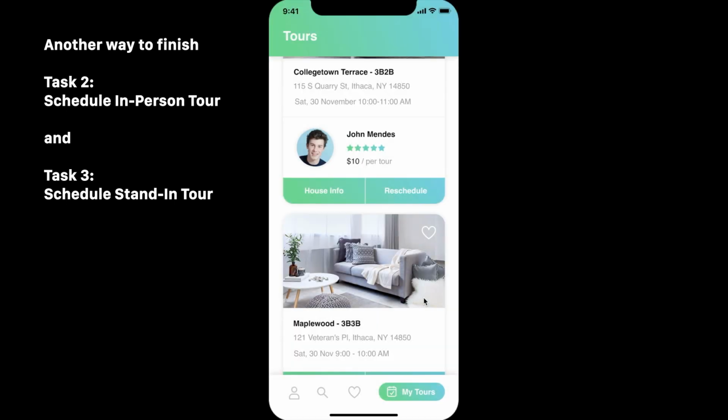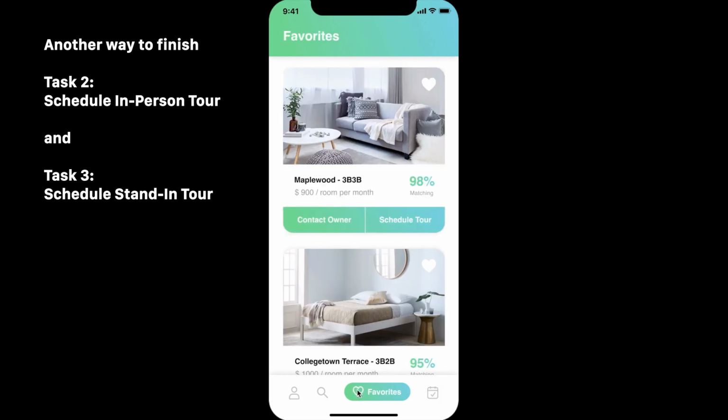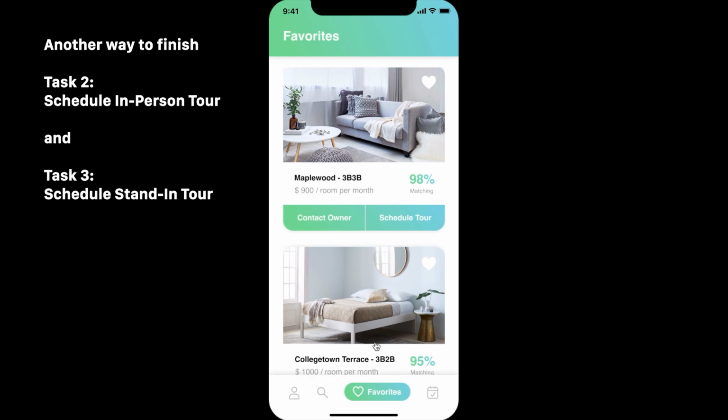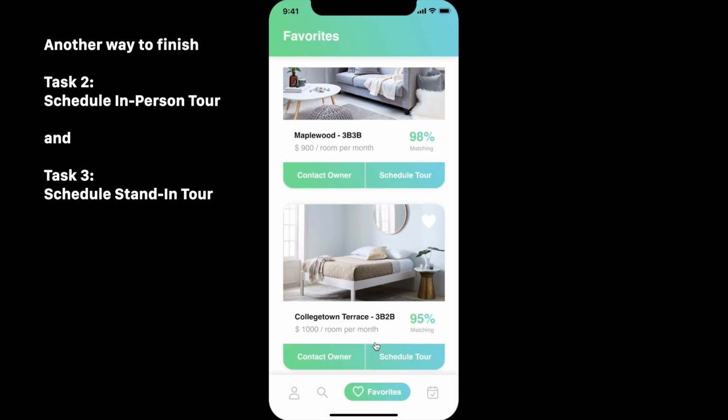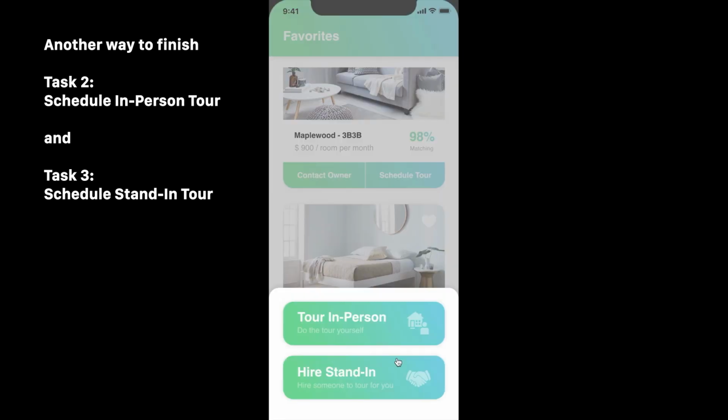There is also another way to finish the second and the third task. That is, when users have favorited the housing options, they can find the housing option cards in their favorites page, and they can directly click the schedule tour button, and then they can see the tour in person and hire-a-stand-in options, and then they can